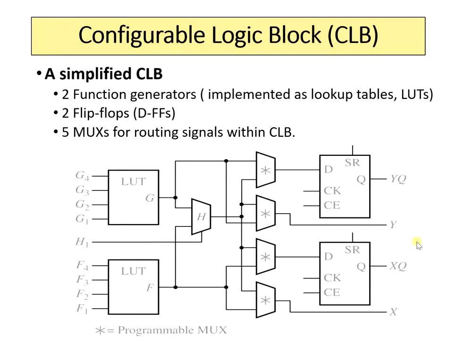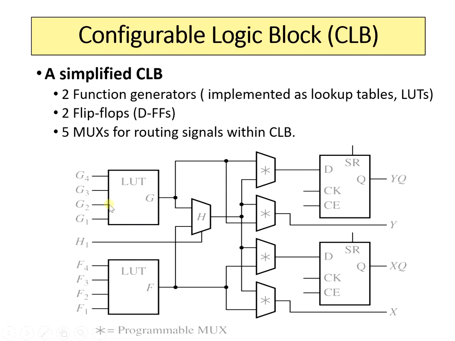If you want to check out the simplified version of the CLB, that is the configurable logic block, you can see that it consists of two function generators, which are shown here, two flip-flops, and various multiplexers. You can see there's a multiplexer here and there's a multiplexer here for routing the signals between the CLBs. So each function generator